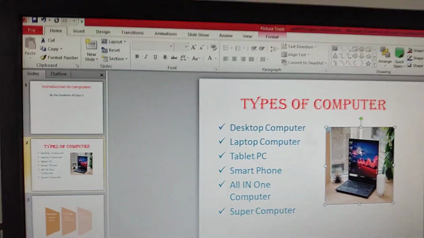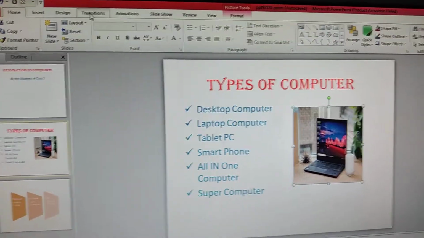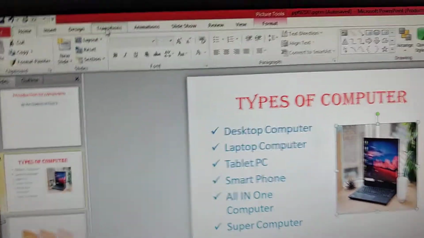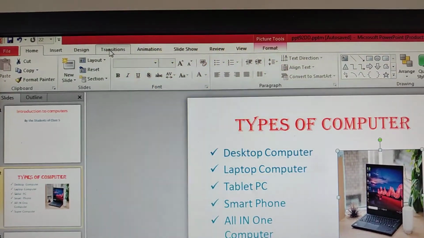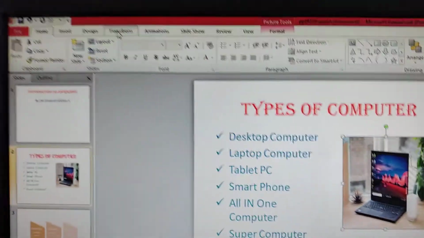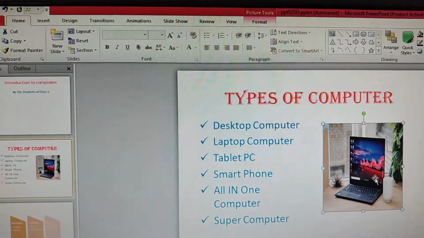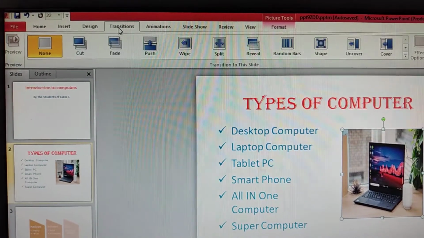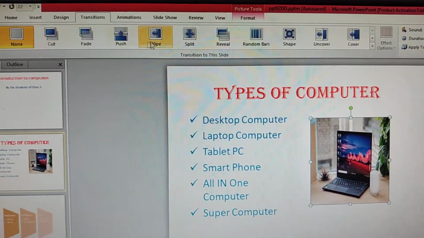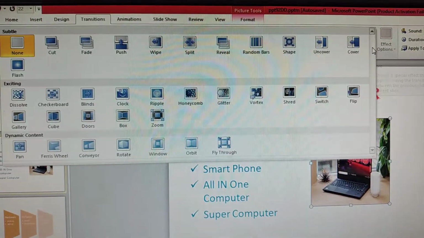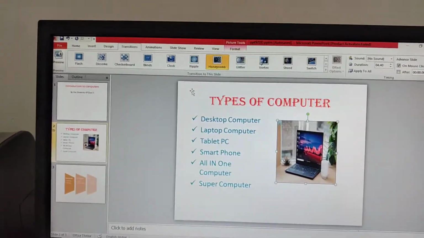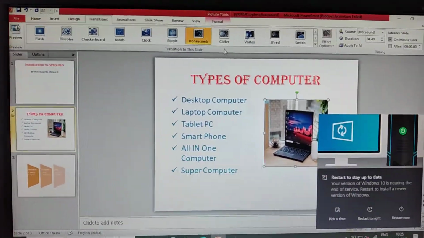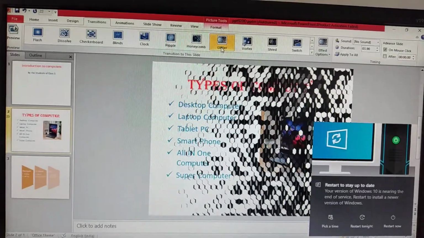Next I am going to tell you that how you will add the transitions. So transition is a visual effect that appears when you move from one slide to the another. We must add the transition to the slide. So how you will add the transition? So first of all, you select where you want to apply the transition. Click on the transitions option, and you see here this is the so many transitions available. You click on the drop down arrow. Suppose I'll be taking this one, honeycomb. This transition is applied in this way. Yes, see here. In this way you can apply the transition to your slide. Glitter. Okay.